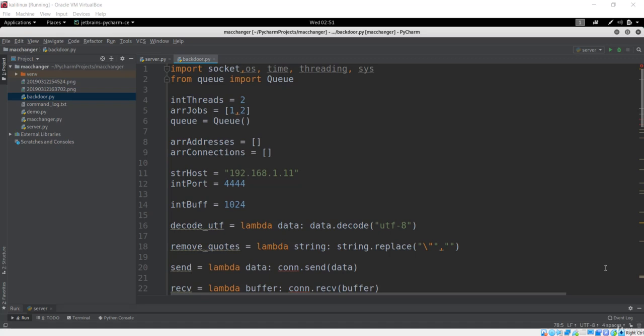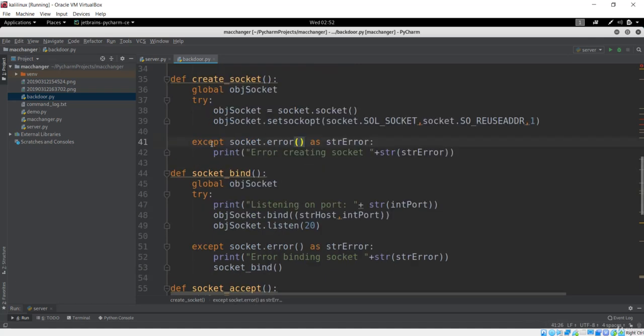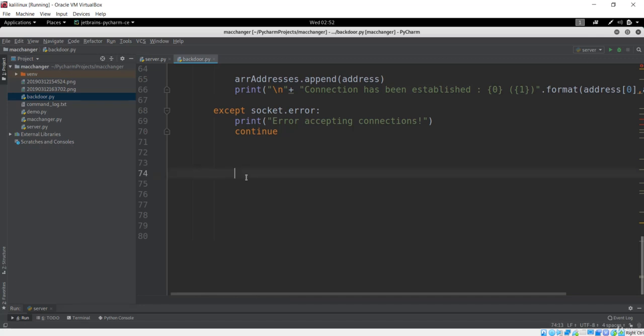Welcome to this lecture. In the previous lecture we just started making our payload. We saw how we can send and receive. We haven't instantiated this connection global variable yet, we'll do that in a minute. We saw how to create the socket. We have already seen getting the optional arguments to this socket API call, which was to catch the exception if there is any. Next one is to bind to that address family, and we saw how we can accept that connection.